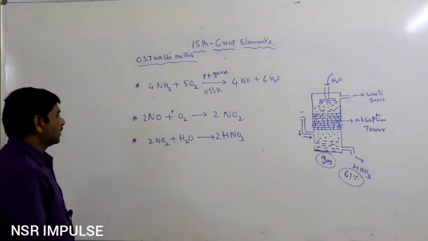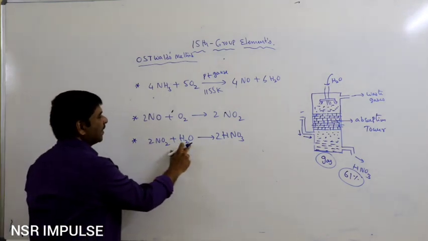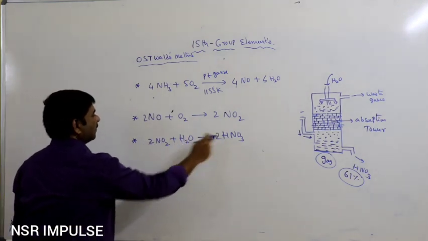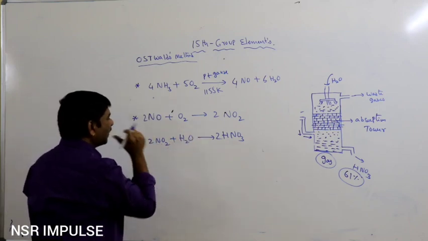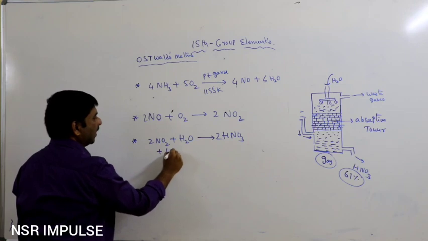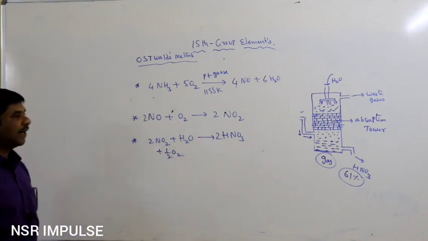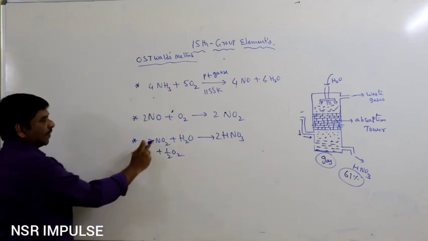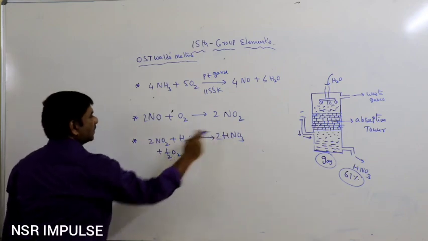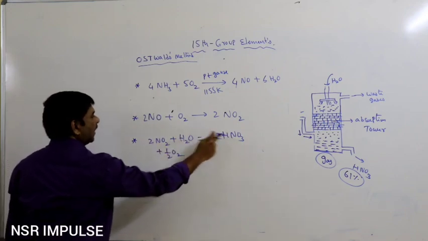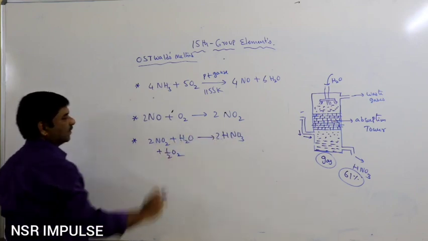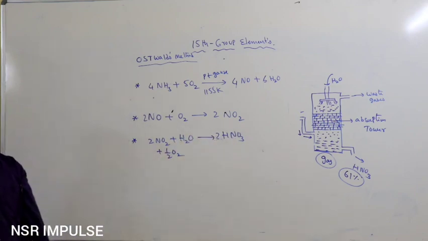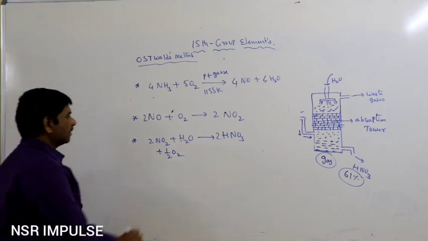Check it. 2NO2 reacts with water. 2 hydrogen balance, 2 nitrogen balance, 4, 5, 2, 3 is a 5. Means half O2 required here also. It can form nitric acid. 2 nitrogen, 2 nitrogen, 2 hydrogen, 2 hydrogen, 2 to 4 plus 1, 5, 2, 3 is a 6 of O2. So those are the possible reactions in this.